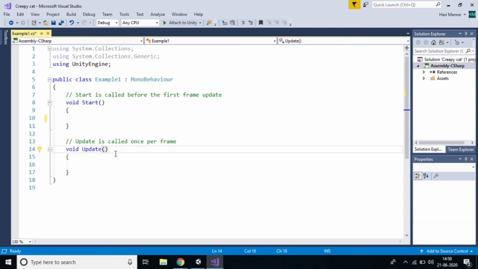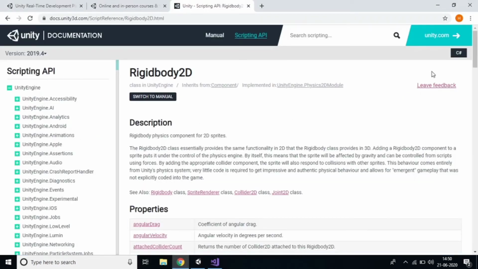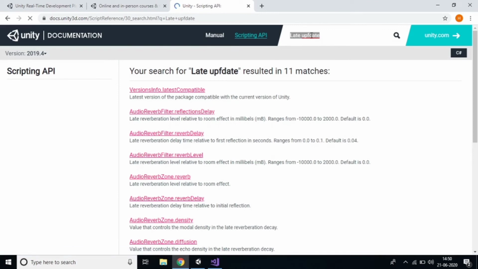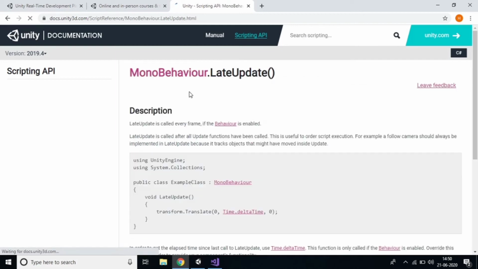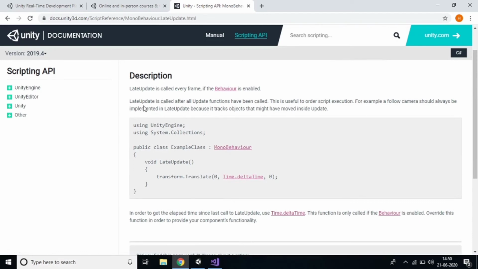And Update also has two types, that is LateUpdate and FixedUpdate. You can find the difference between LateUpdate and FixedUpdate in the Unity manual. Just type LateUpdate and you can find it. It says LateUpdate is called after all Update functions have been called.